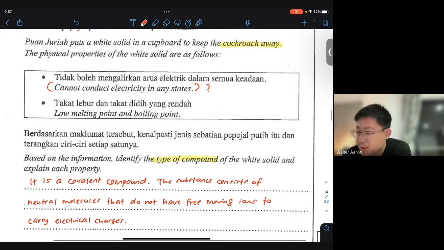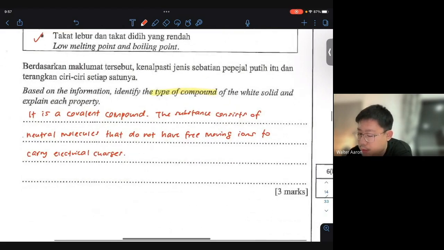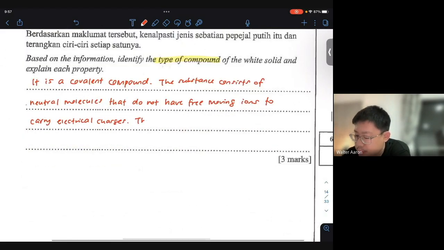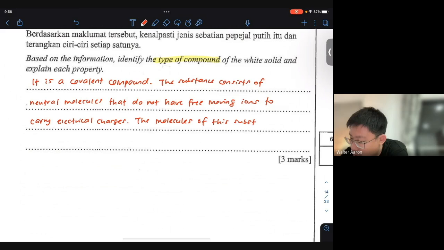Okay, that explains the first point already. So you got 1 mark over here. Next one, you explain also why we have low melting and boiling point. So you say over here, the molecules of this substance is held